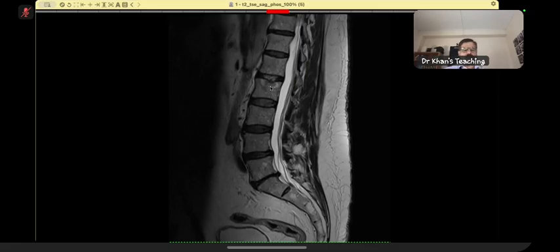One thing for the exams which you must remember is Scheuermann's disease, which is what we call adolescent kyphosis, where there are too many of them. But that's a totally different clinical scenario, and that will be in the adolescent age group. Now, in this particular case,